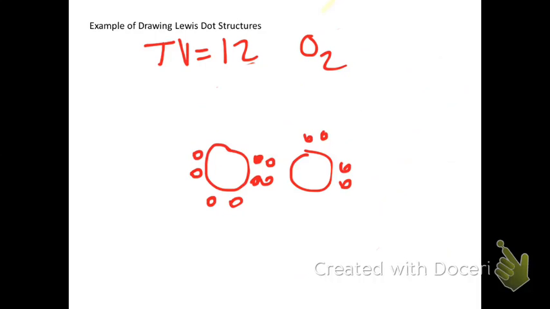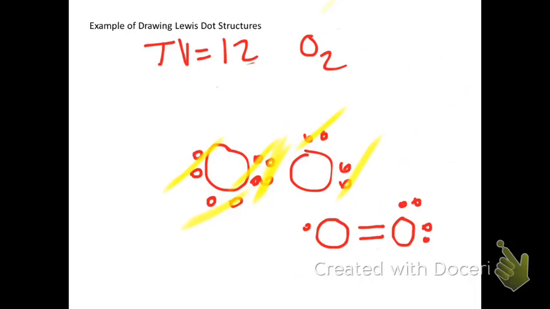double bond. So now what that does is allows our oxygen to have 2, 4, 6, 8 electrons around it, and the other one also has 2, 4, 6, 8 electrons around it because they're sharing. Let me show this in the structure. It might look easier. We're going to put 2 lines to represent 2 bonds between those oxygens, and that creates a double bond. Plus we have lone pairs on each one, like so. And so now we have 8 electrons because of 2, 4, 6, 8, 2, 4, 6, 8, and